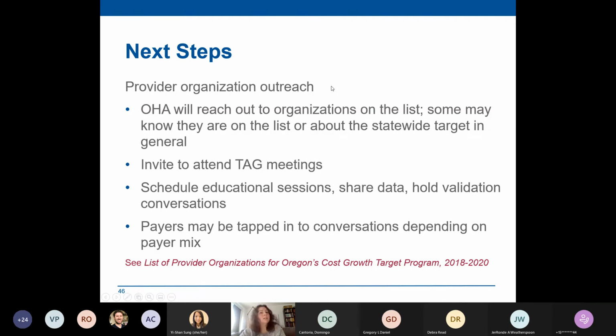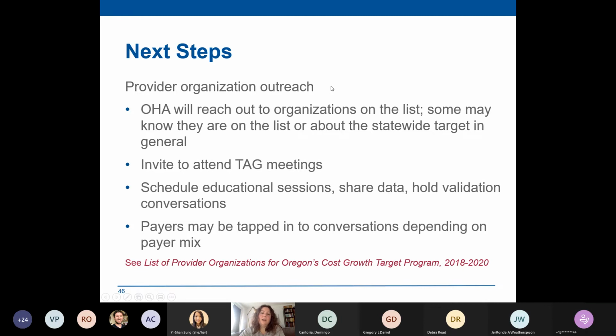And then final disclaimer: none of the provider organization level data, none of the performance data from this initial measurement period, 2018, 19, or 20, will be publicly reported at either the payer level or the provider level. This is all just a practice run. This is all working out the validation steps. This is all understanding how the program works and how these conversations work. Public reporting will start with next year's cycle, or I guess this year's cycle. It is 2022. So we want to make sure that people know that that's coming. But again, none of this initial data will be publicly reported at the payer or provider level.